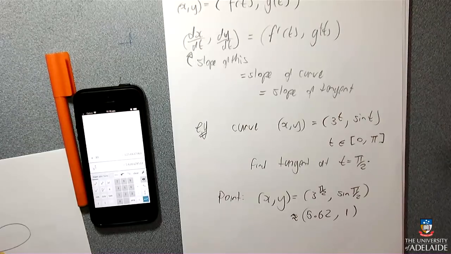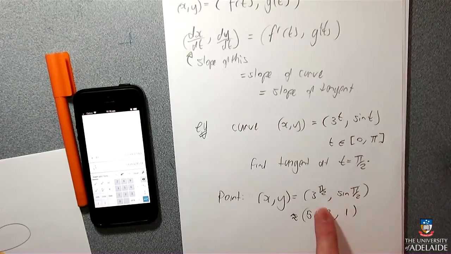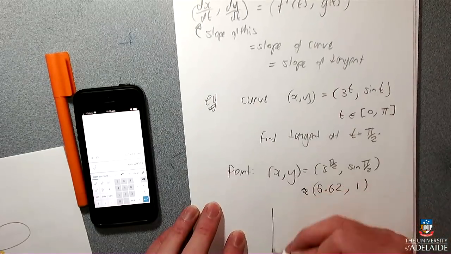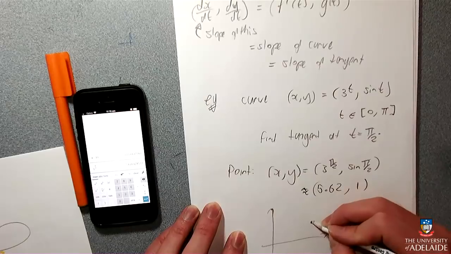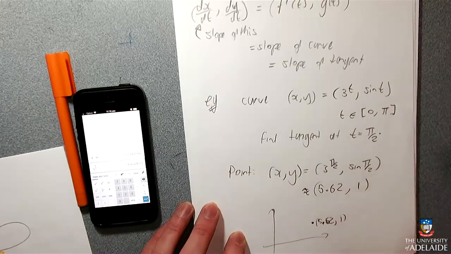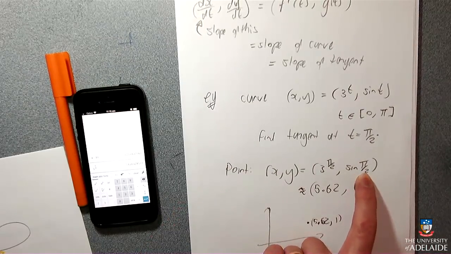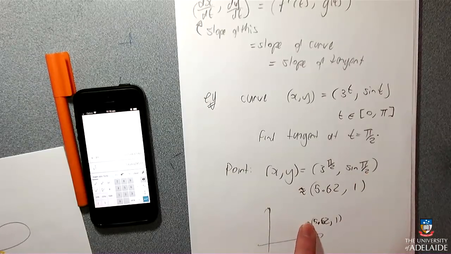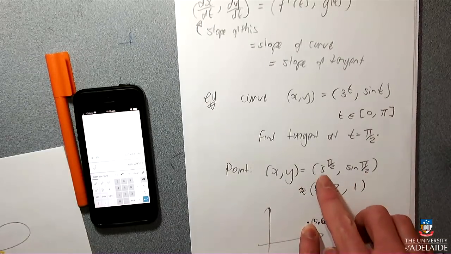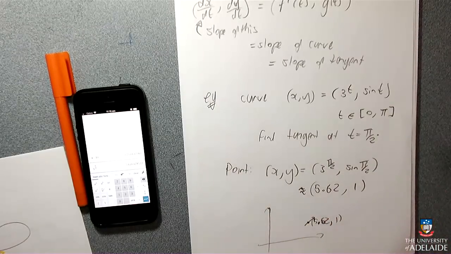5.621. If I go my t just a tiny bit back, the sine will be smaller, and this will be smaller. So it'll be heading sort of down that way. So I'm just thinking about what's happening. When the angle's smaller, the sine gets smaller, and so it's going to go back a little bit in the y, down a bit in the y. And when this gets smaller, it's going to go that way. So I reckon it's coming past like that.